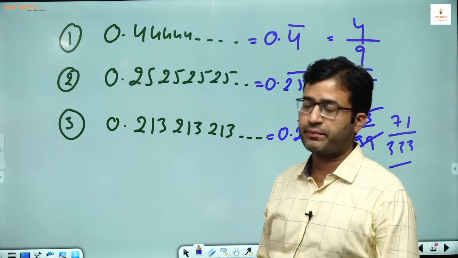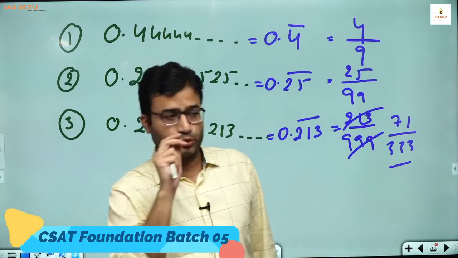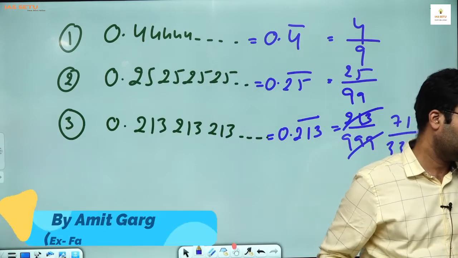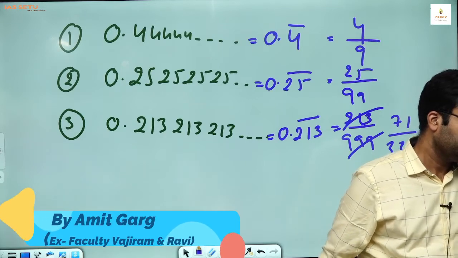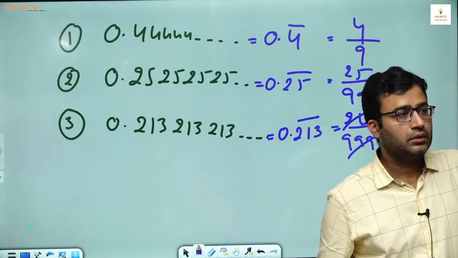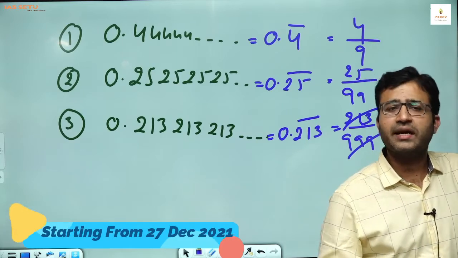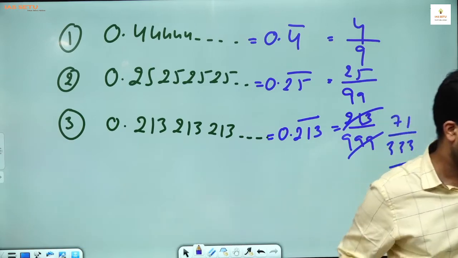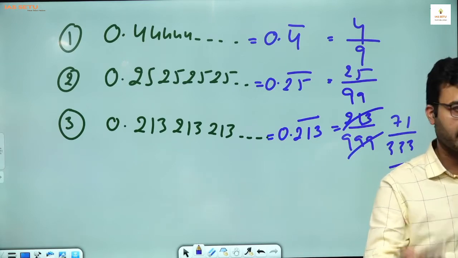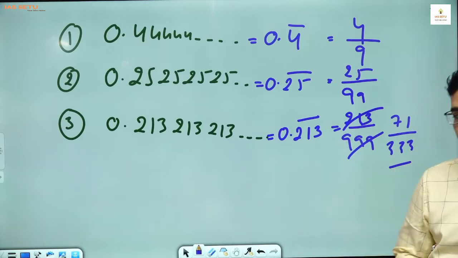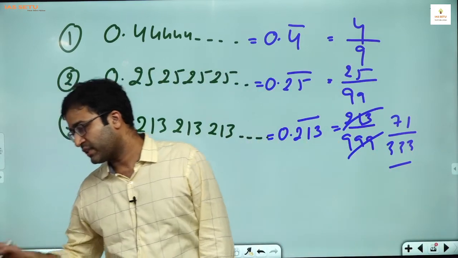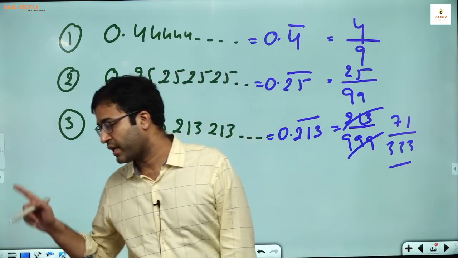Next is type 2 and type 3. The main one is type 2. And if you can understand type 2, type 3 is easier than type 2. The main one is actually type 2. That's why I will take 4 or 5 examples so that all of you can understand type 2, because I know if you understand type 2, there is a doubt: why do we put 9 every time?